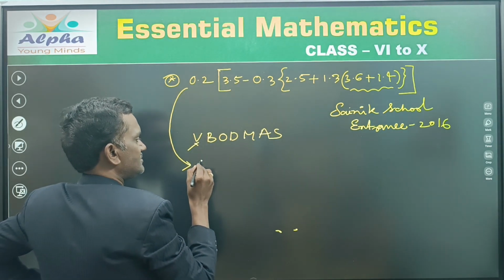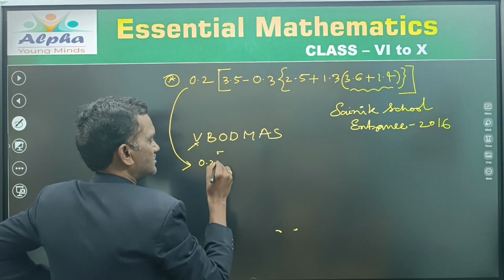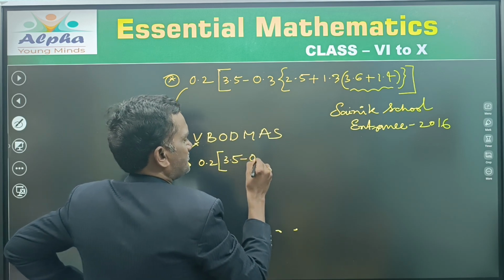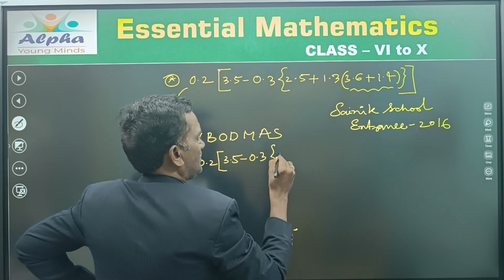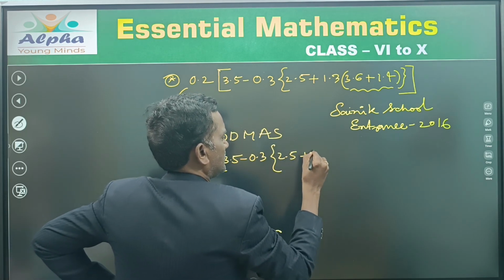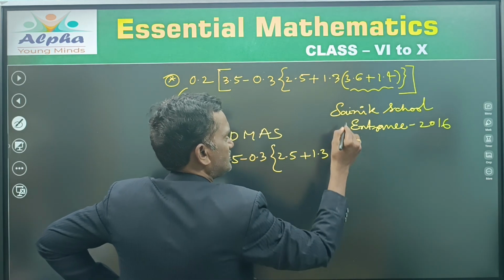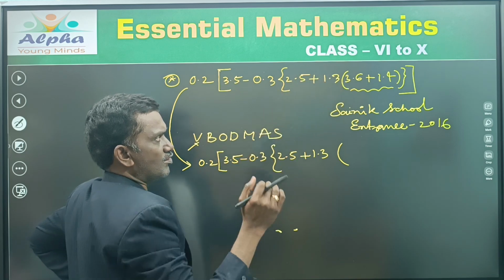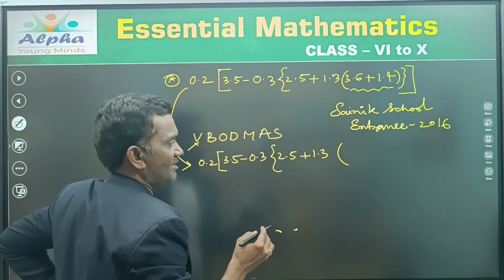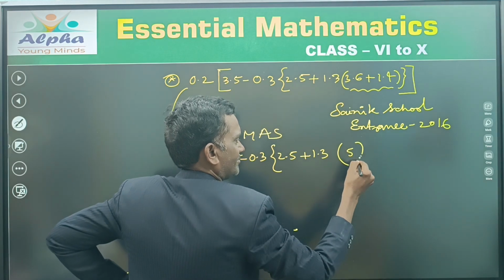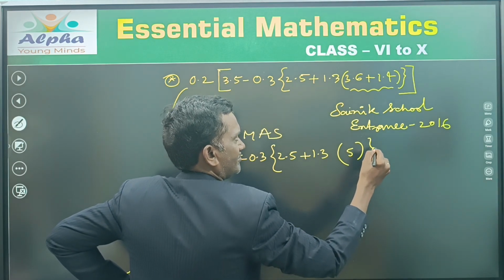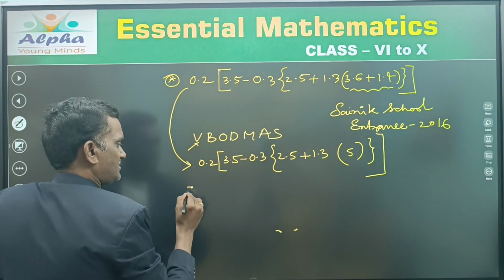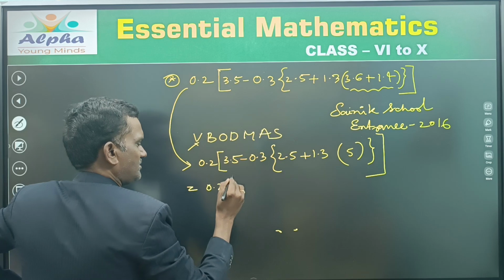This can be rewritten as 0.2 square bracket 3.5 minus 0.3 curly brackets 2.5 plus 1.3 into, now you have to perform the simplification in round bracket. 3.6 plus 1.4, nothing but 5. This is equal to 0.2 into